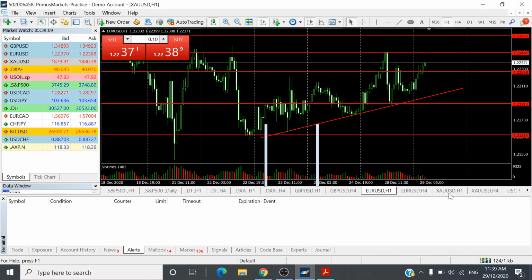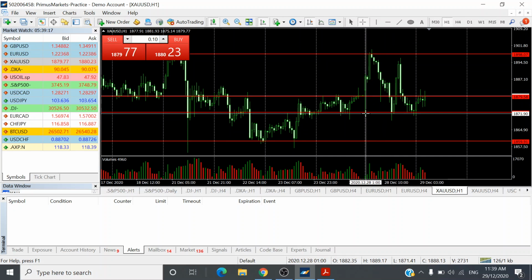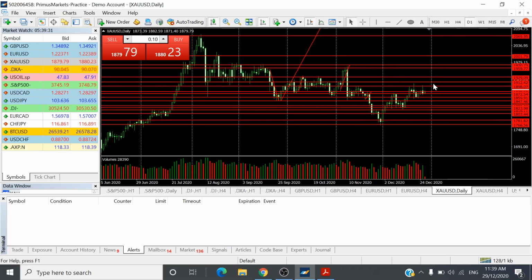Okay, so looking at gold prices, it was also pretty volatile. Again, it strengthened very early in the morning at about 7 a.m. Malaysia time from 1871 all the way to 1900 levels. And then from then on, it actually formed a double top. We were looking at this yesterday, it formed a double top on the 4-hour charts and also on the daily charts.